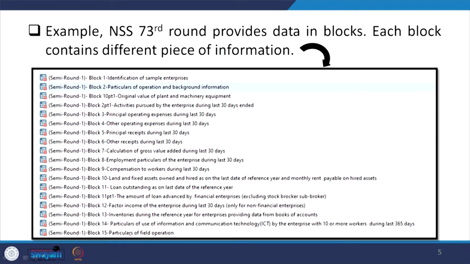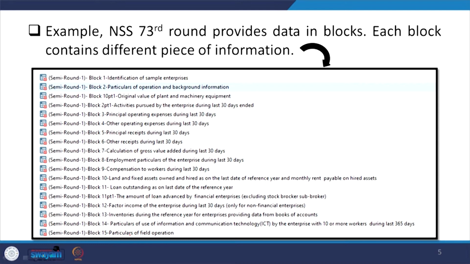Now, an example is here before us from the 73rd round of NSS. So please recapitulate what that 73rd round is. The 73rd round of the National Sample Survey is on informal unorganized enterprises, minus construction.